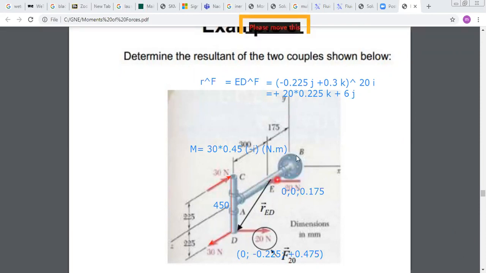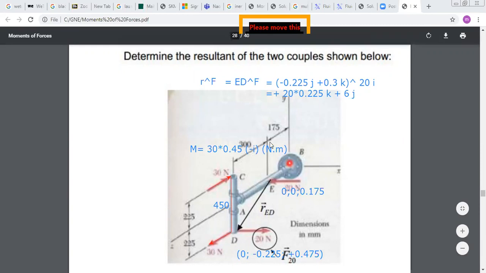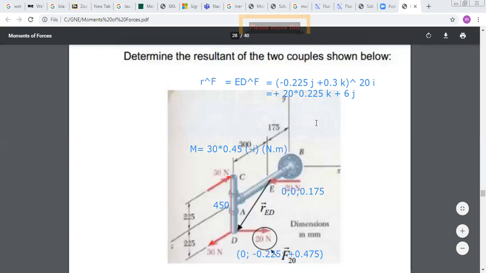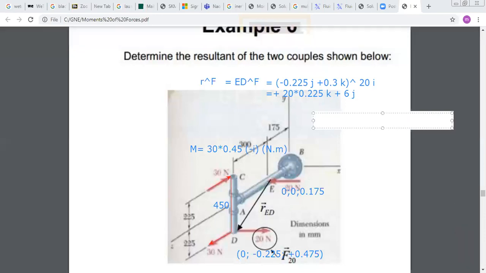First, you should take which distance? This one, which is 175. If you do the right-hand rule, it gives a negative moment, because if you rotate, your thumb will be directed downward. So for the first force, the moment about Y is minus 0.175 times